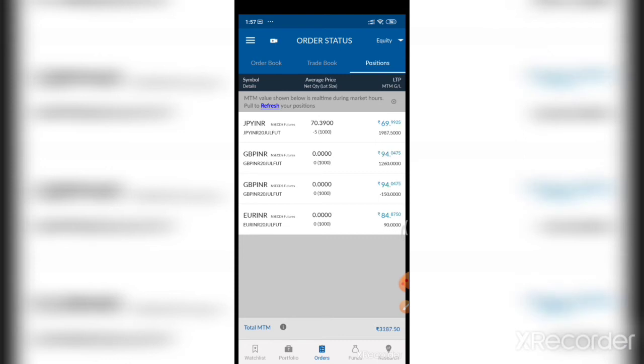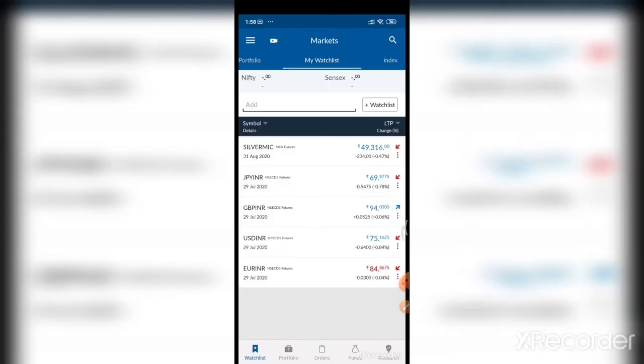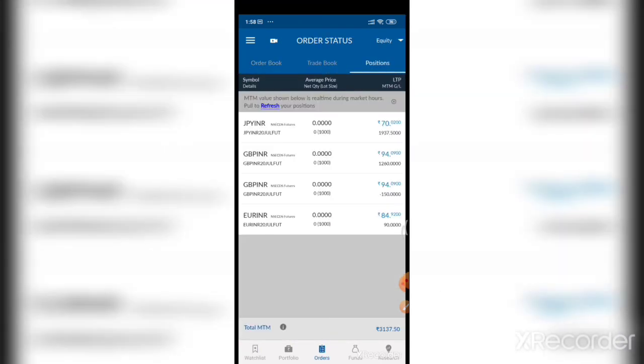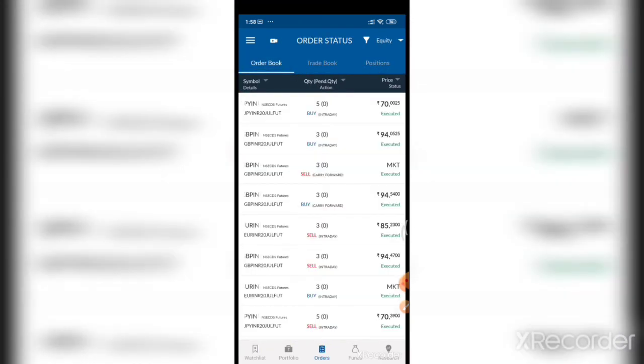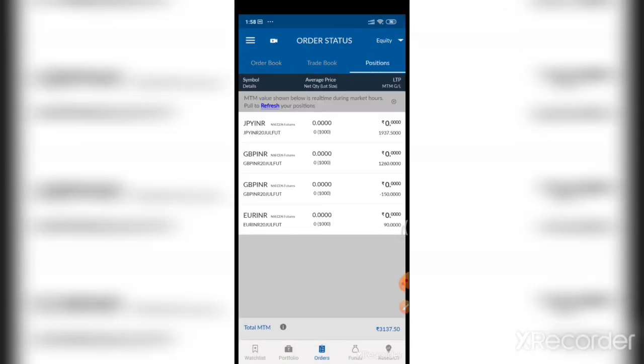We'll just watch how it goes down. At some position we have to exit from this position also, and continuously watch the MTM. It goes down, it goes up, continuously ups and downs are going there. JPY is also not moving down, so yes, you can see here we have already set the stop loss, so JPY is also executed at the price of 70.00. Okay, so in this way stop loss trading perfectly works in these types of downtrends or uptrends.